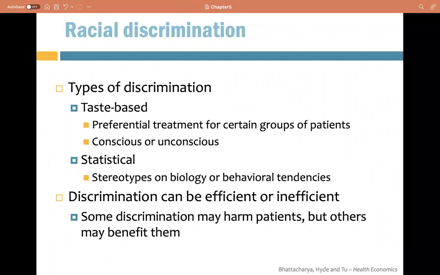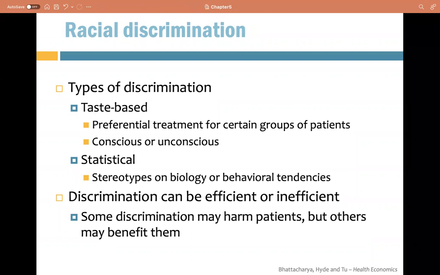Okay, the next part we want to mention is discrimination. Racial discrimination can be very direct or obvious, or it could be a little bit less obvious and require empirical studies to figure out. There are different types of discrimination defined by economics: taste-based and statistical. Taste-based is what we think of as racism in usual terms, that we don't like a certain kind of race, so that's taste-based